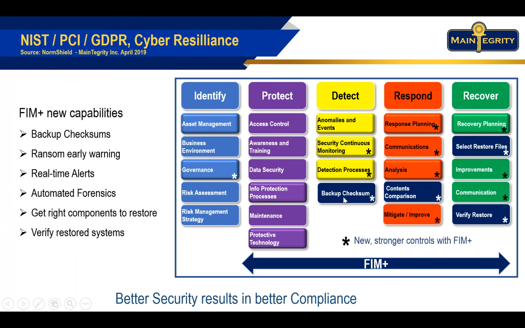But nobody else in the mainframe does checksums. That's a hole we can plug. And that's a really key early warning indicator that you might be about to be ransomed. Same thing is true for contents comparison. We add that to what the capabilities in the NIST